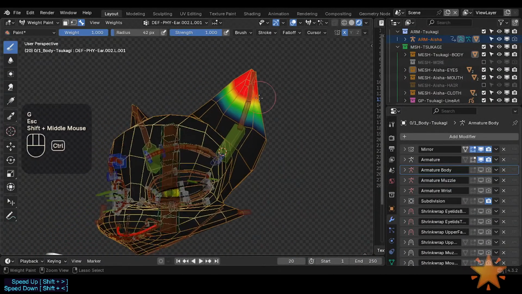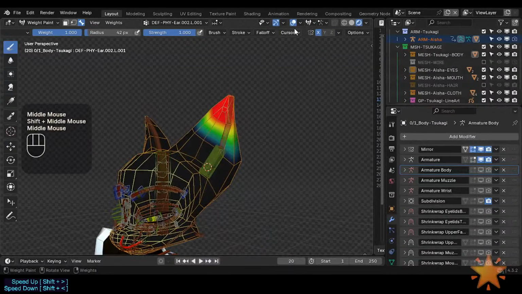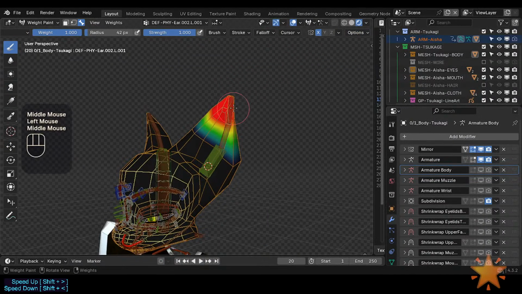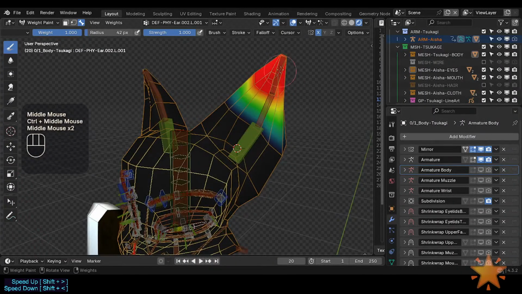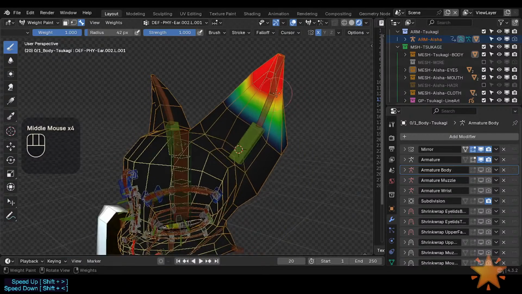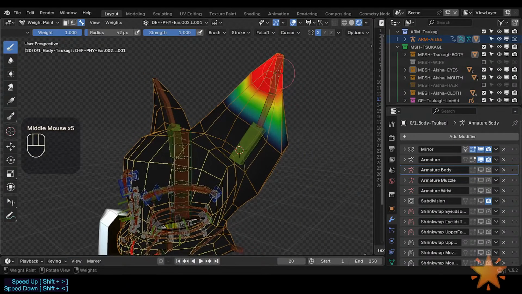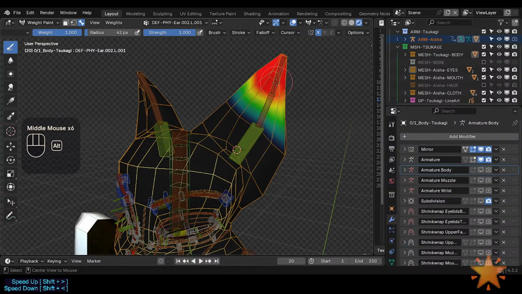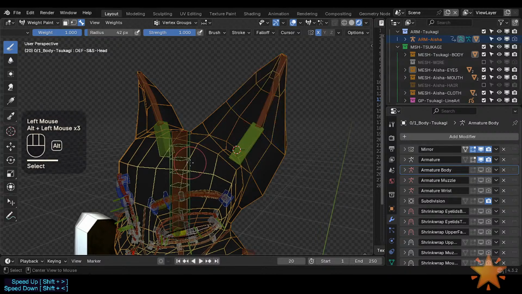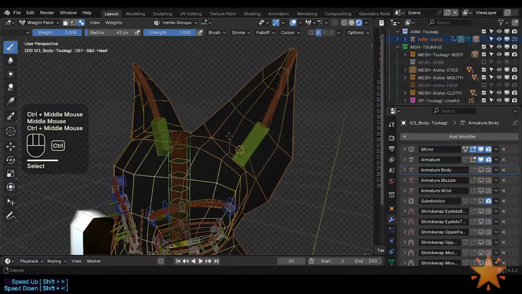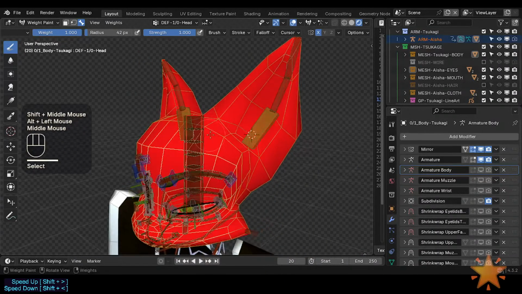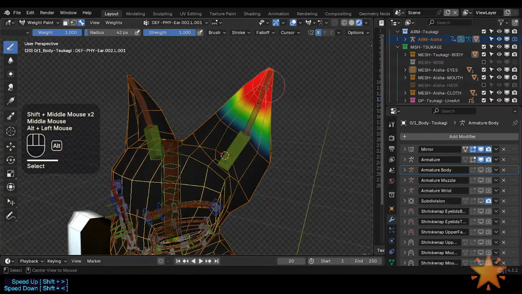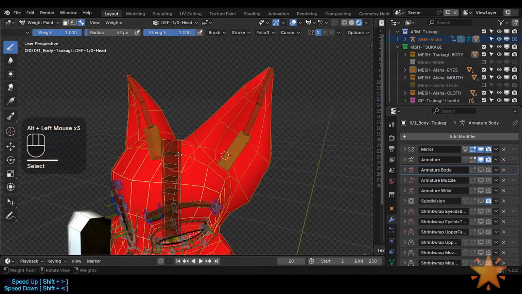I'm not using, and by the way, I'm not using the auto normalize option, so I'm just relying on not normalizing weights. These are the current local weight colors that I've left these bones painted. This is the way I work with this, but there are other workflows. So here, this is not the head bone, this is the head bone, which is already painted. So you see, if the head bone has this amount of influence,